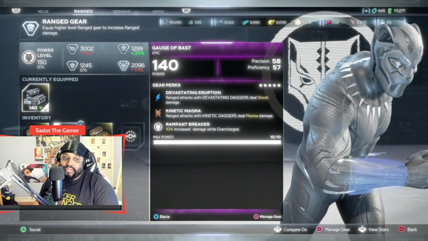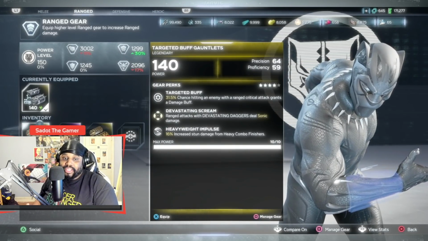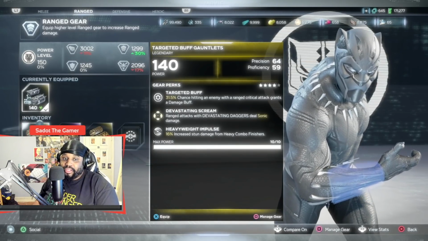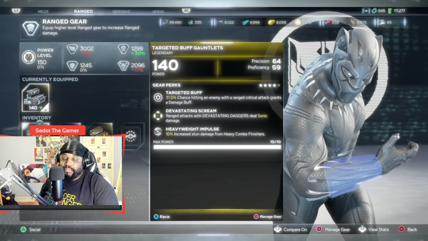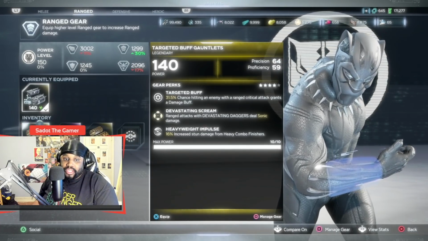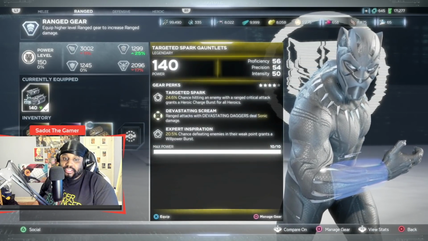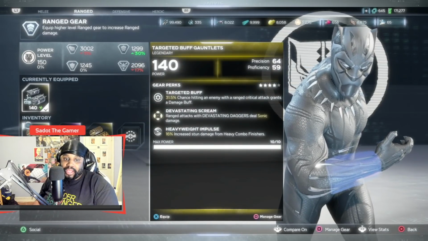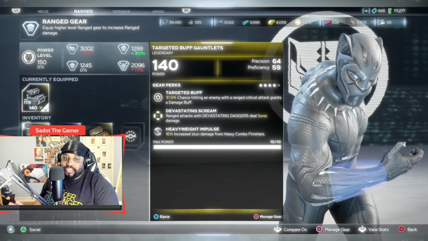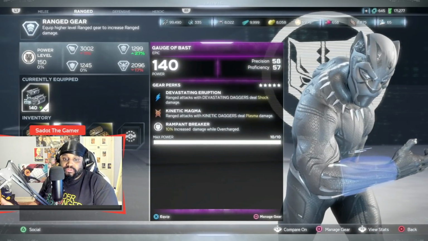Now, an even better perk that you want is Devastating Scream here. So I think Sonic does great with Black Panther, and I'm definitely wanting to have that in my builds when I'm doing melee. So what you want is Devastating Scream: ranged attacks with devastating daggers deal sonic damage. I think that is the preferred way to apply status effects with the daggers, because if you just have the status on, say, kinetic dagger,